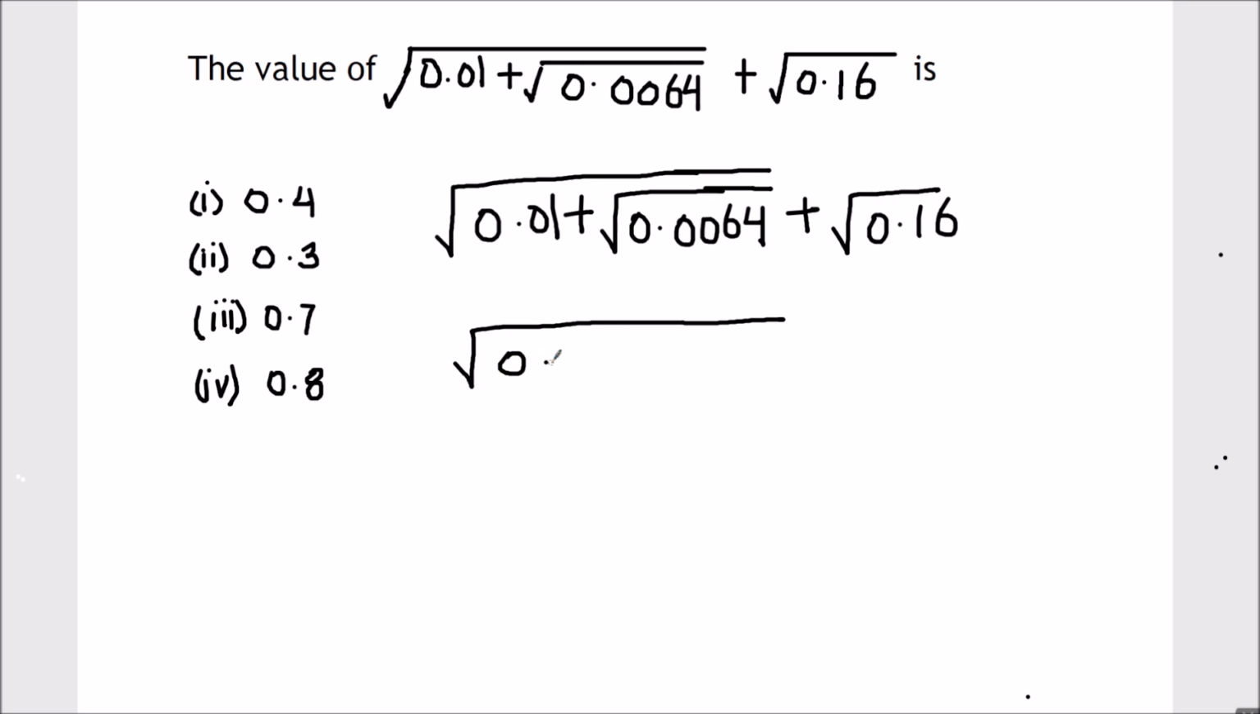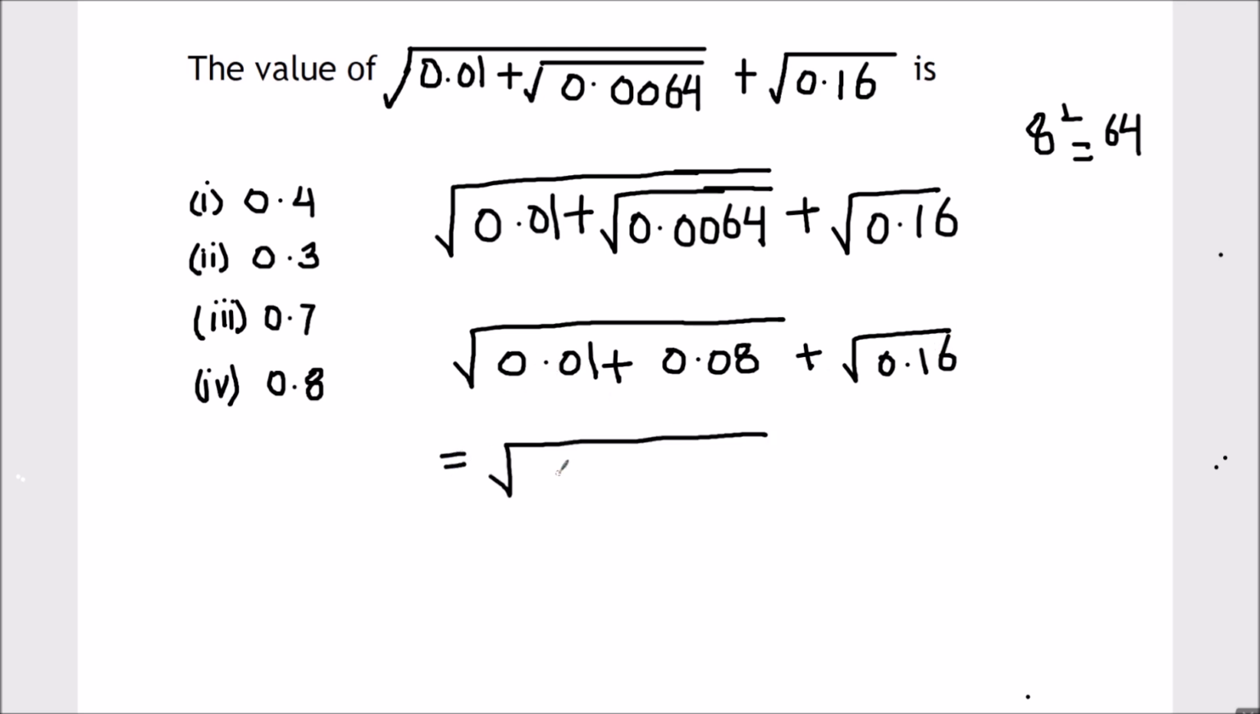So here we have 0.01 plus, so the square root of 0.0064 will be equal to 0.08, plus square root of 0.16. Here next we'll add the two numbers. So 0.01 plus 0.08 will be 0.09 plus square root of